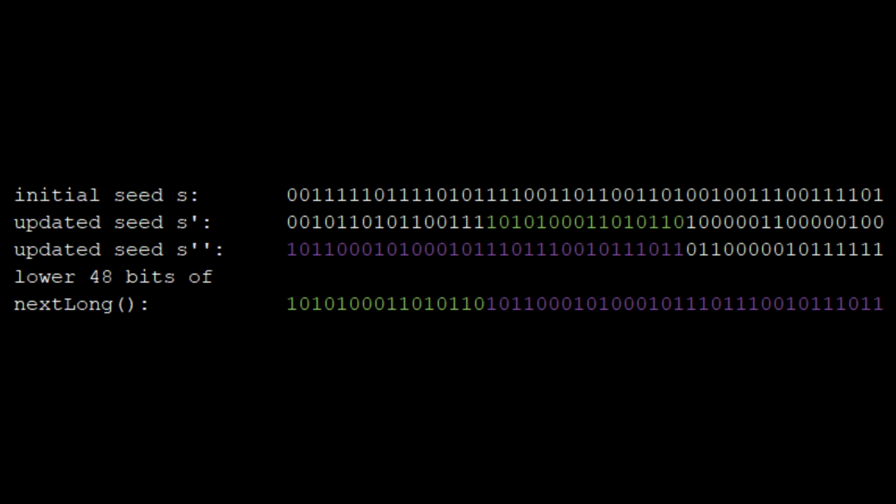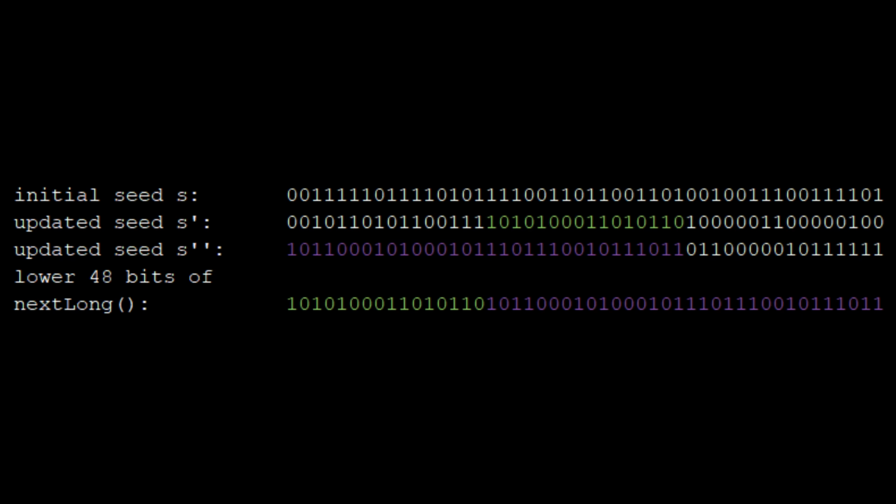These seeds are the lower 48 bits of a nextLong call, and I want to know the internal seed of the random object that generated this long. If a random object starts with seed S, nextLong updates the seed to S', then to S'', and returns the upper 32 bits of S'' appended to the middle 16 bits of S'. This means that we can check all